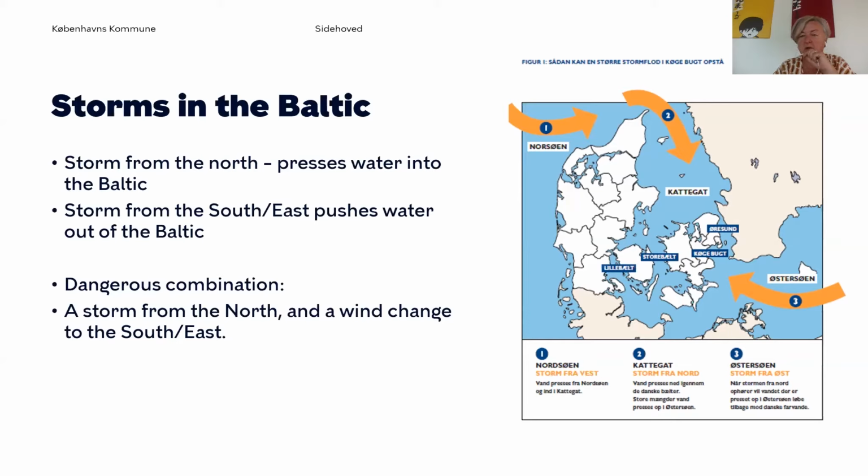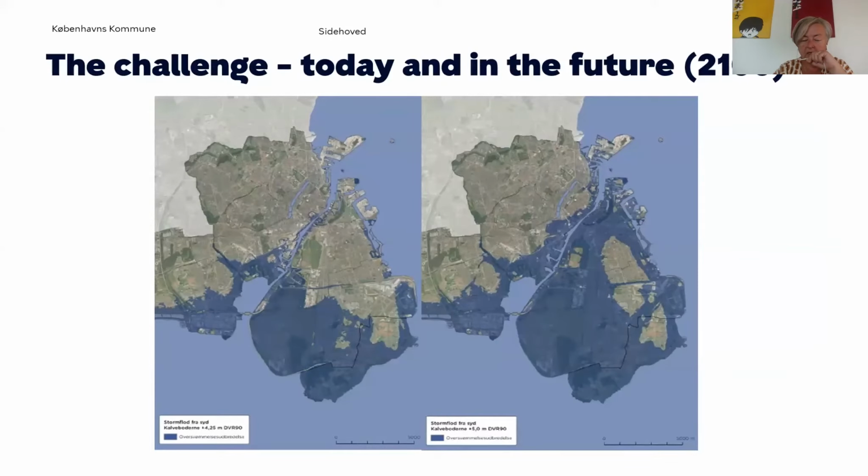So if you have a storm that pushes enormous amounts of water into the Baltic Sea, and then the wind changes and goes to southeast and pushes water back out, that's when you have the really difficult situations in the city. Modeling can show this: a storm surge from the south in the present day, and this is how it will look in about 100 years on the right-hand side. And we have historical data that shows us that we've had experiences of storm surges in the city, that with a sea level rise means that we can be hit by storm surges of almost 3 meters, which will be devastating